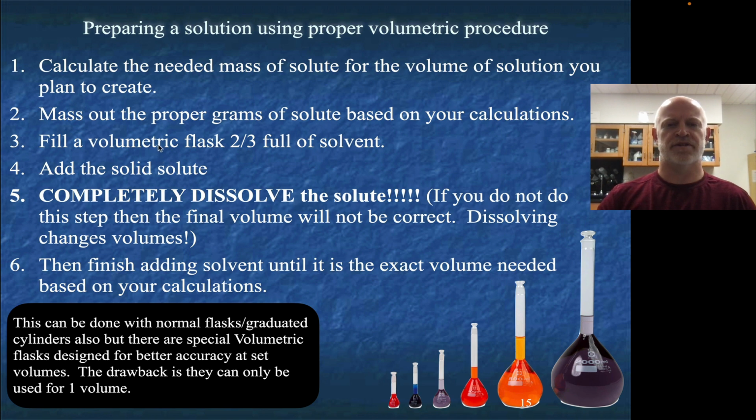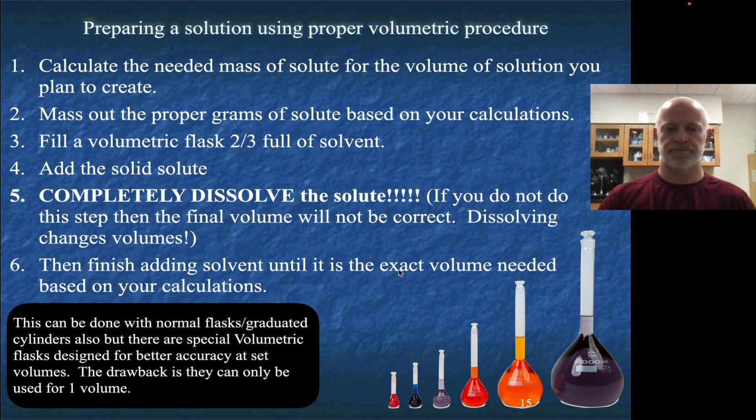We want to fill that volumetric flask about 2/3, half, partially full of solvent, okay? Not completely full. Then we want to add our solid solute. Okay, so you put the solute with the solvent, but you're not at the number of milliliters total yet. Okay, completely dissolve it. Step 5 is by far the most important step in this process because the dissolving process is where the volume changes. Okay, so you have to dissolve the solute before you get to your final volume. And once you get the solute all dissolved, then you can finish adding solvent until you hit the exact